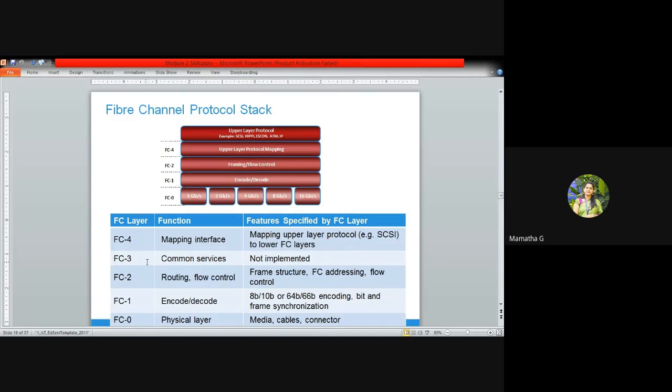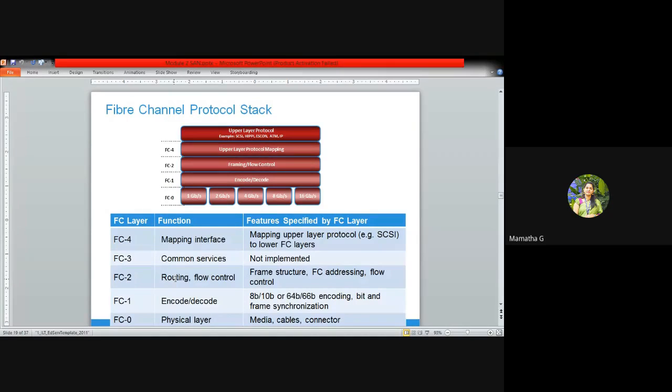And in FC3 we have common services, but when you are implementing fiber channel SAN, we don't use the layer called FC3, where it provides common services, and it is not implemented in the fiber channel protocol stack. And next is your FC2.